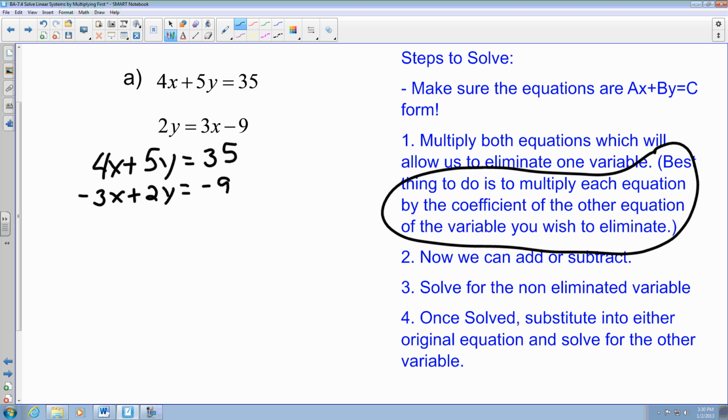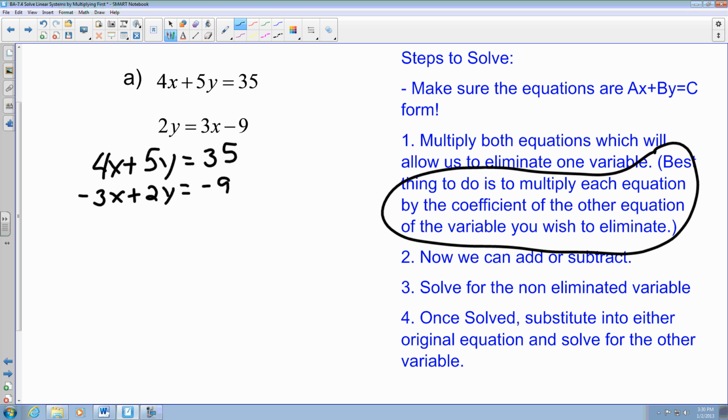So at this point, you have to choose which one you would like to eliminate. It does not matter which one you do, you just have to be consistent throughout the entire problem. So let's eliminate